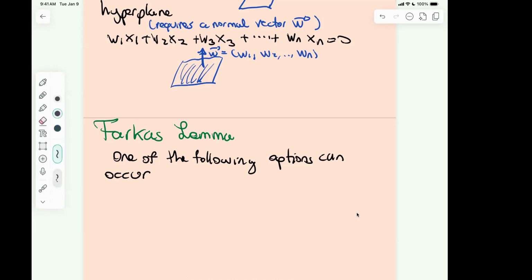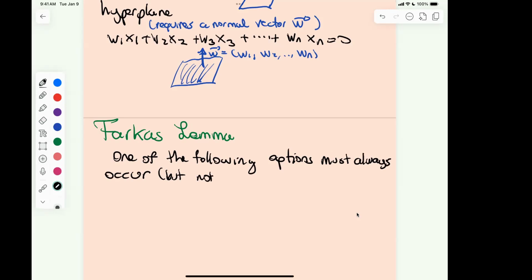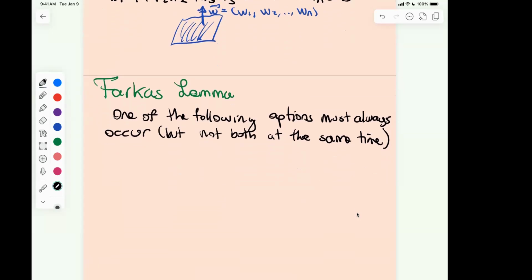One of them must always occur, but not both simultaneously, just to clarify. So they're exclusive. Okay, so option one is, and I'll draw the pictures next to each option so that it's clear what's going on. So option one